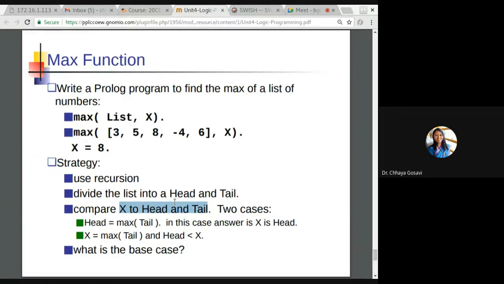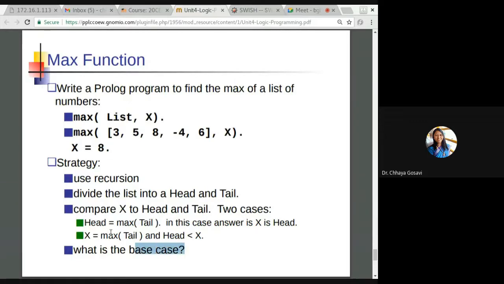Then again divide that tail into head and tail, and every time you check it with the head: if x is maximum compared with the head, then x stays as it is. If head is a greater value than x, then you have to replace x with head. So there are two cases, head and max of tail. In this case, x is head. Otherwise, if x is less than head, x will be as it is.